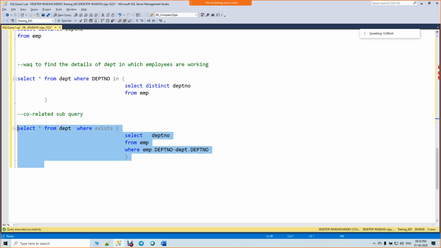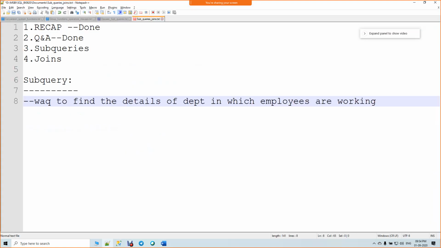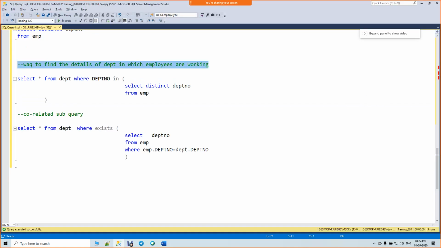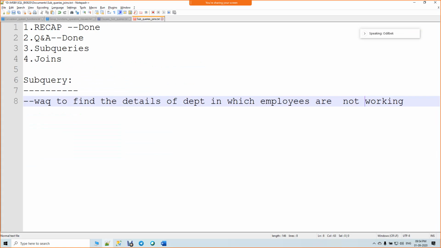I will take the same question. Try doing it two different ways. One is a normal subquery, one is a correlated subquery. Try it in both ways. This is the first one, and the second question is